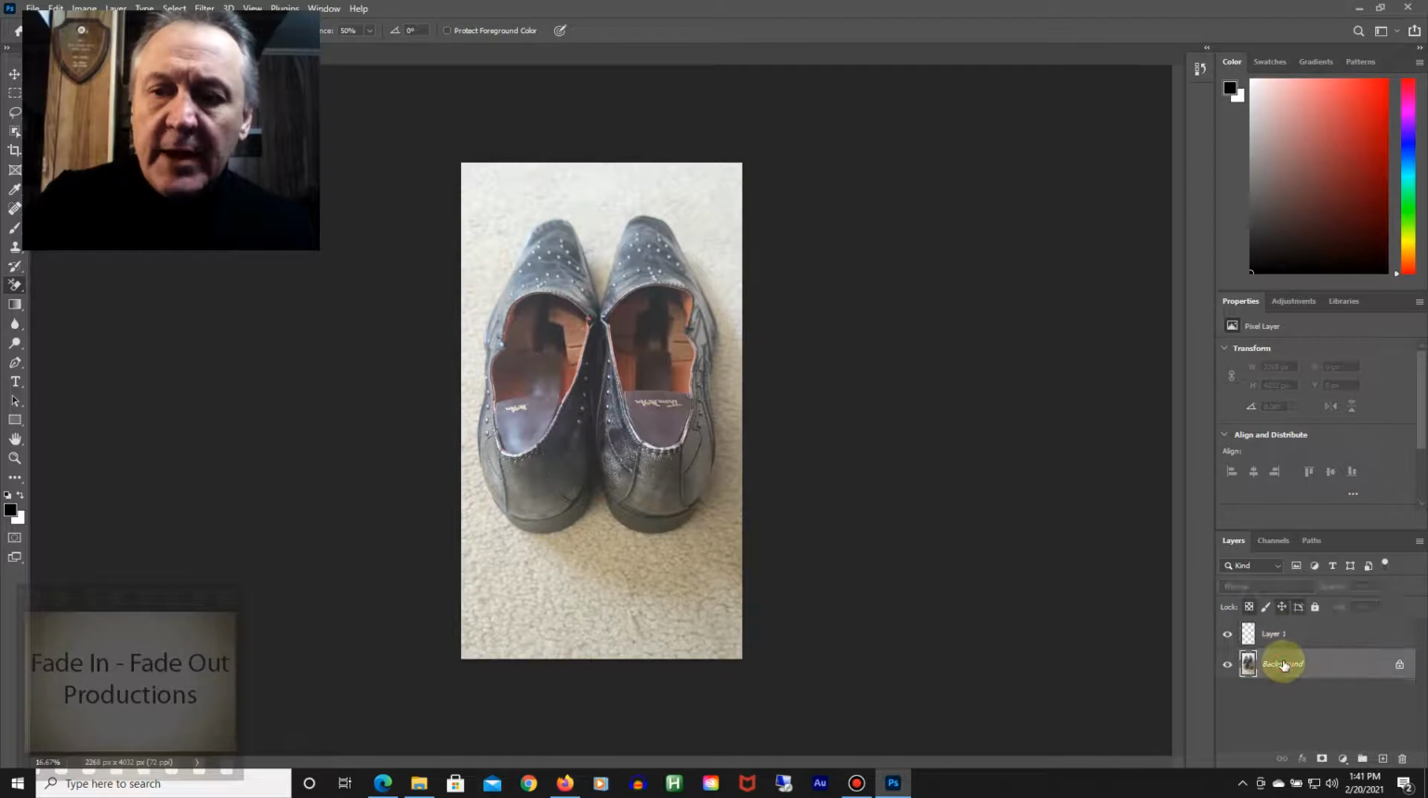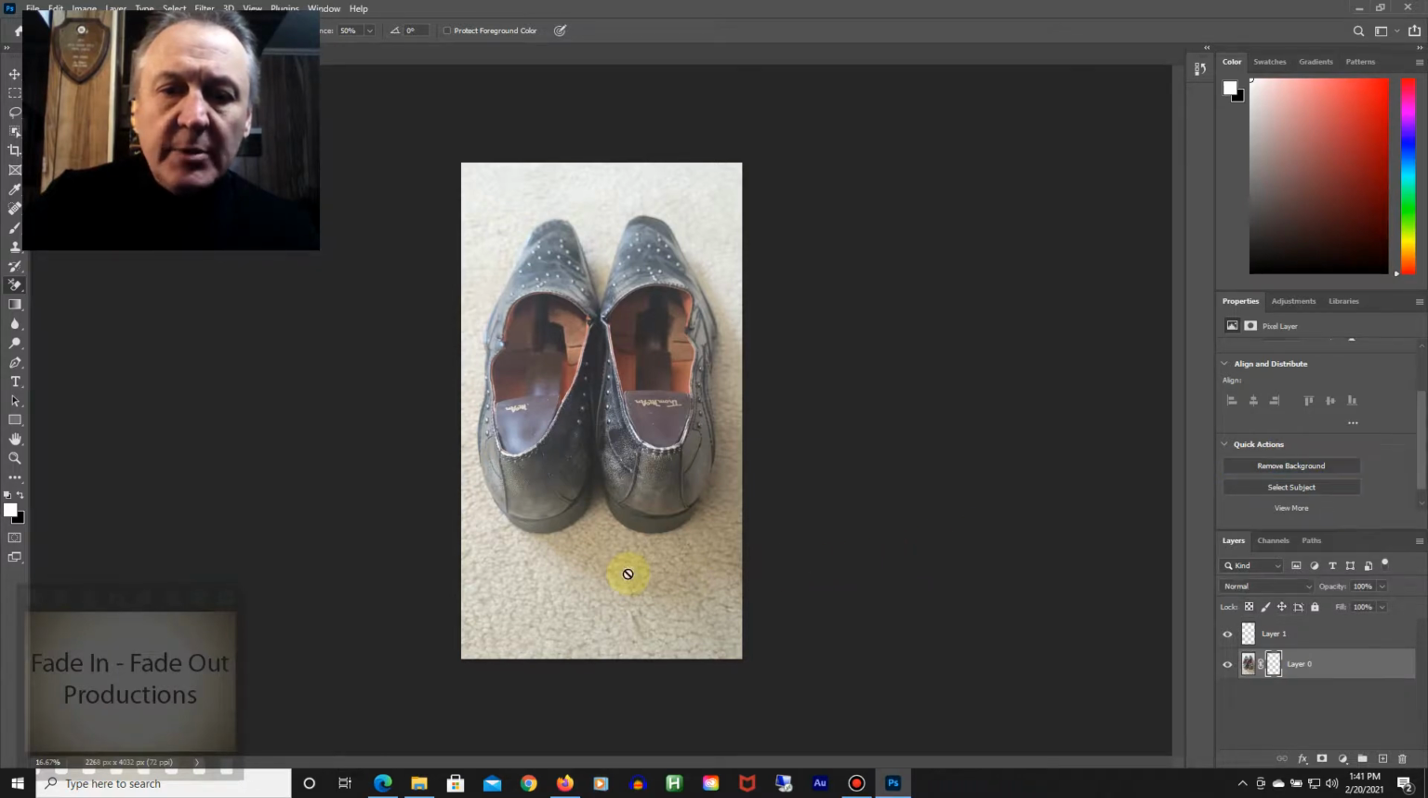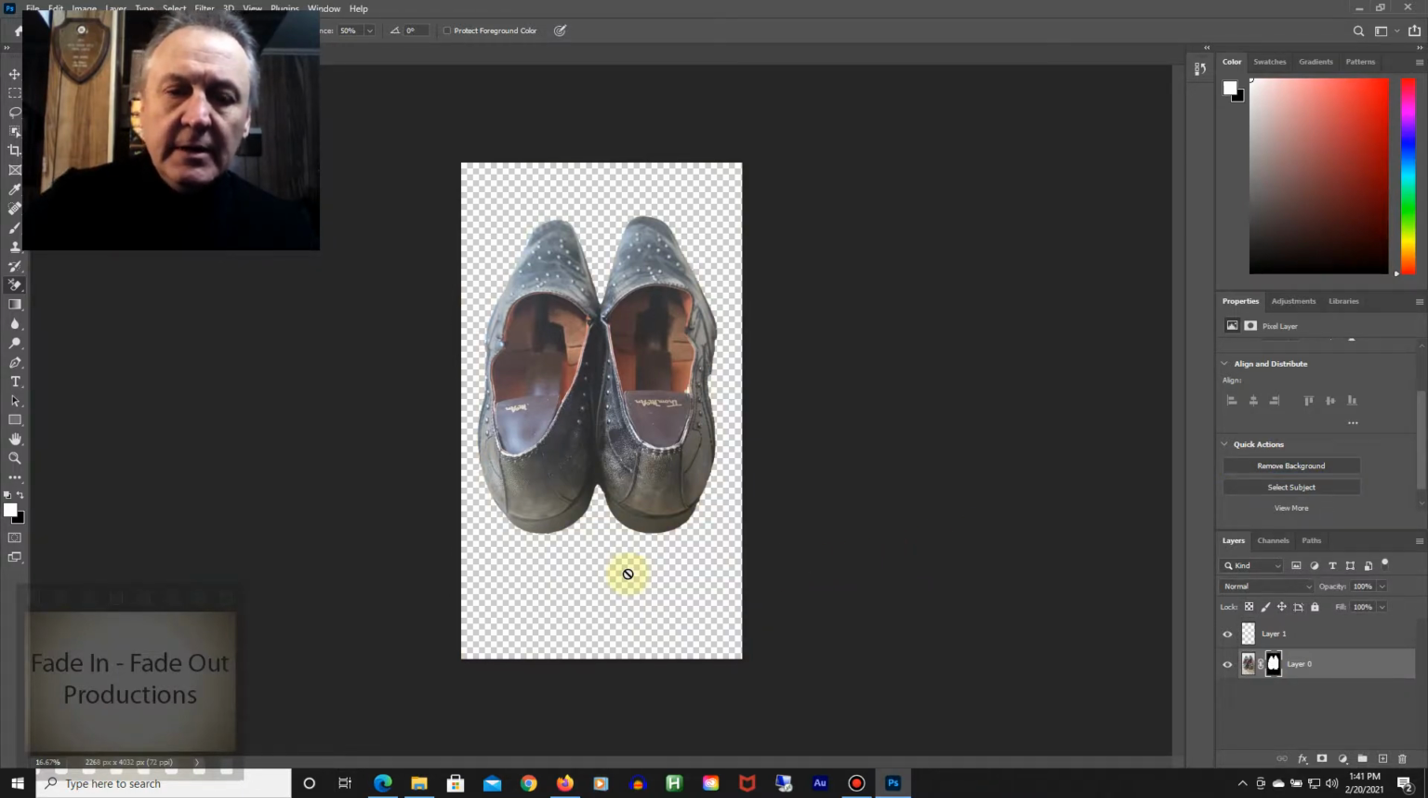Click back on your background and then go up here and scroll down to Quick Actions. You'll see Remove Background here. Remove Background and watch the magic happen. Ta-da! That's how you quickly remove a